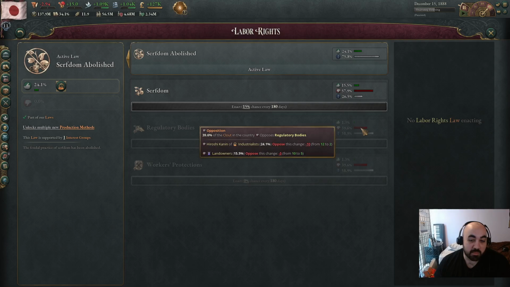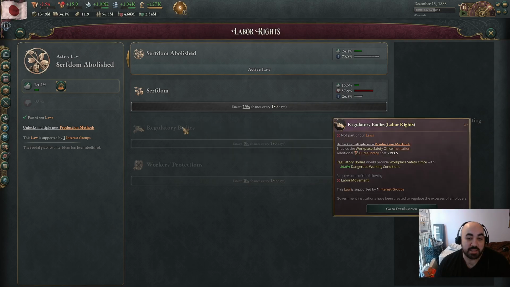This will make them a little bit happy, and it'll make the industrialists a little unhappy, and you're probably going to want to pass it at a time when it doesn't make the industrialists unhappy and it makes these guys happy. Again, you're not going to want to generally pass this in the really high population, high peasant states, but once you have a high population, and you don't have a lot of peasants, regulatory bodies becomes extremely good, because you kind of enter a phase in the game when you are siphoning a lot of pops from migration,